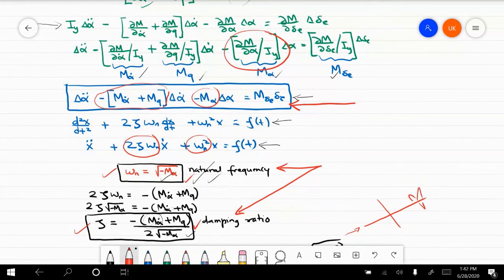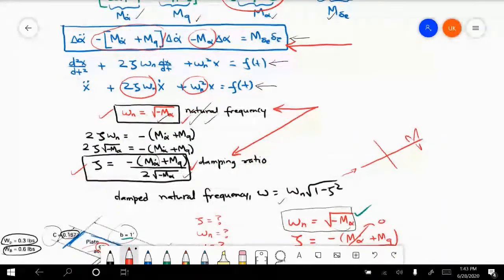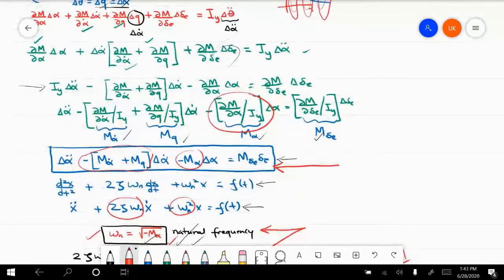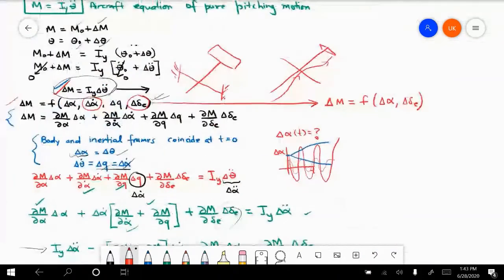where of course in the simplified equation we don't have this elevator angle, and we don't have the rate of change of angle of attack, but still those simplifications do not have to be applied within the process. You can just apply them at the end to the expression that you obtain after solving this more general equation. But what I want to point out is